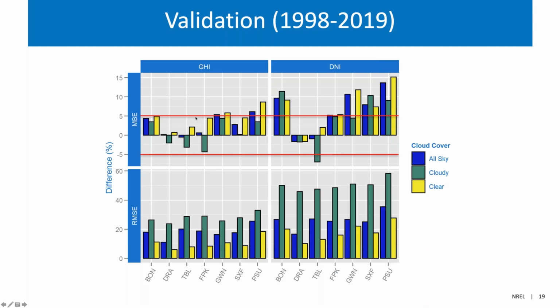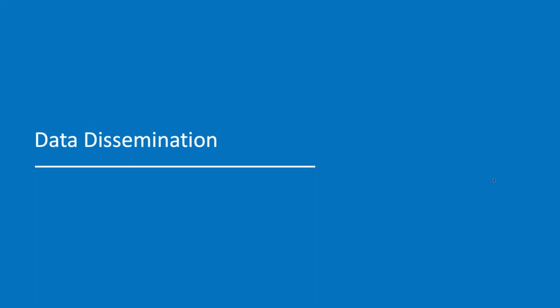As you can see, the biases are within plus and minus 5% for the GHI. If you want more details, please refer to our other publications or send us an email and we'll send you those publications. For data dissemination,